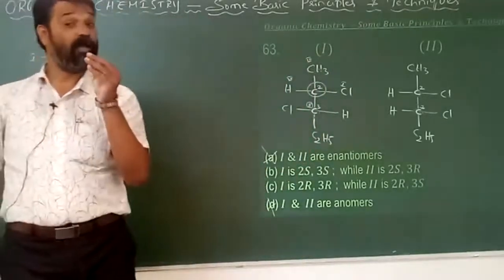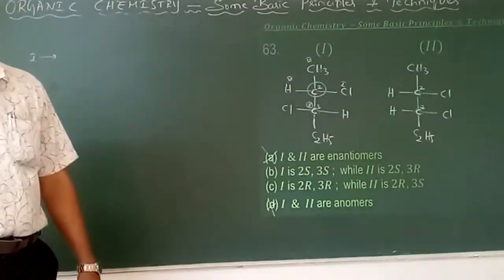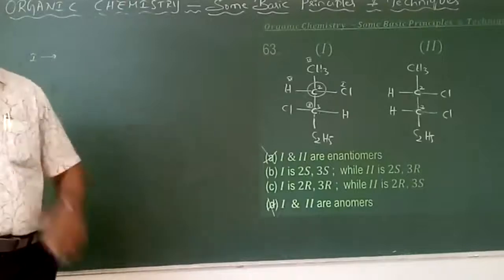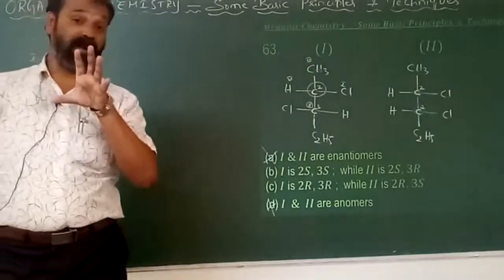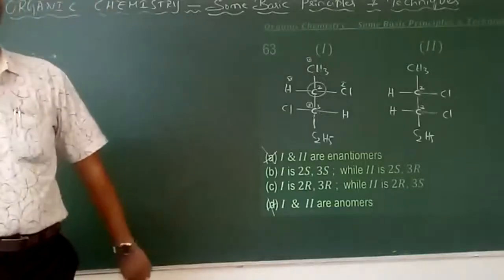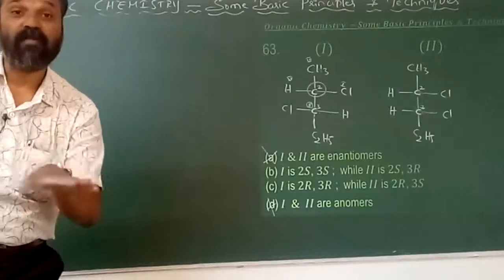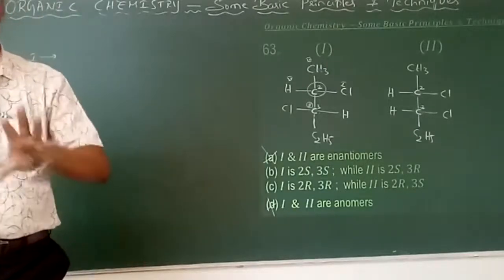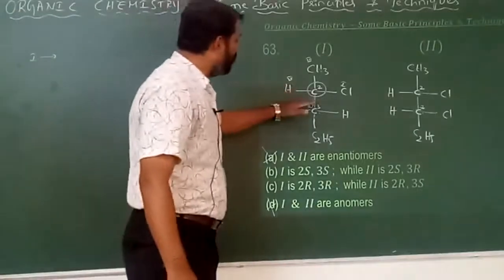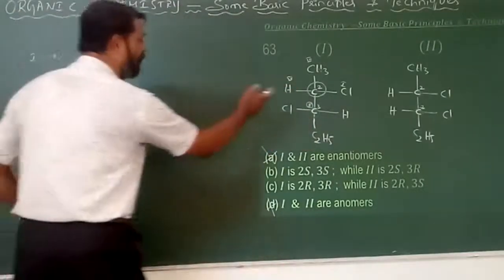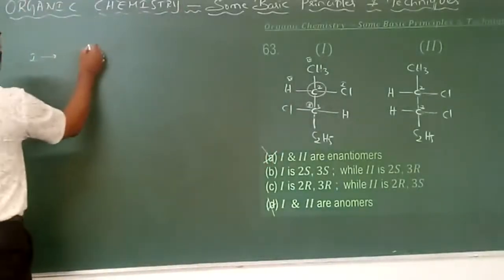We know that according to the rules of CIP, Cahn-Ingold-Prelog, during the configuration, in predicting whether it is R or S, the least priority must be at the base. But here, this is the least priority, and it must be below. Therefore, interchange these two. Such that on interchanging, I am writing only